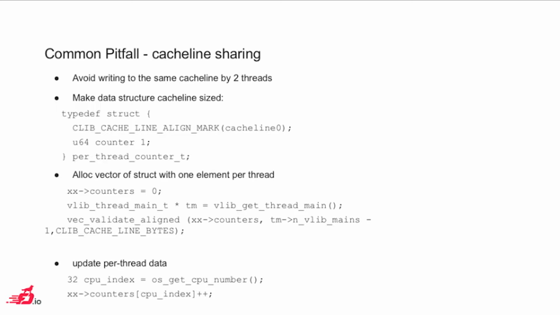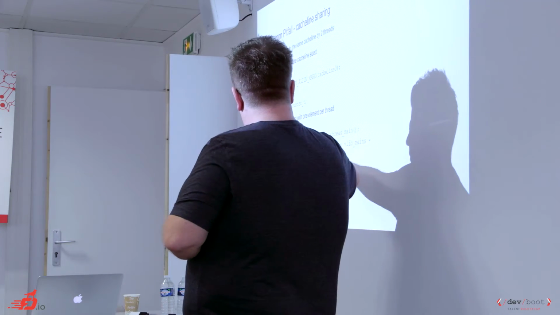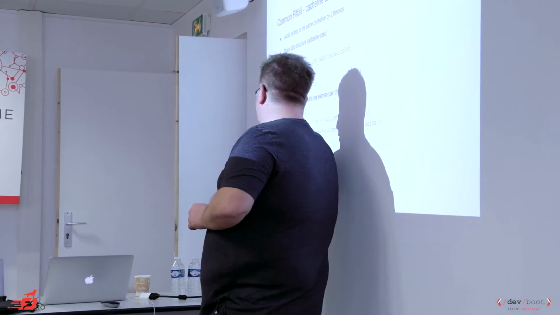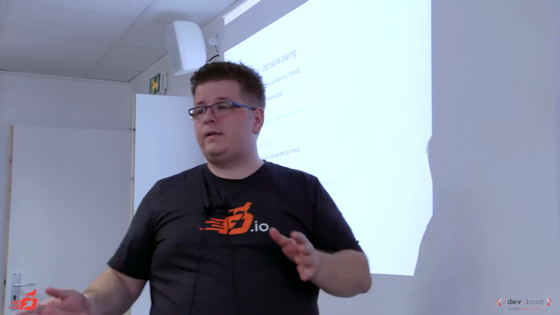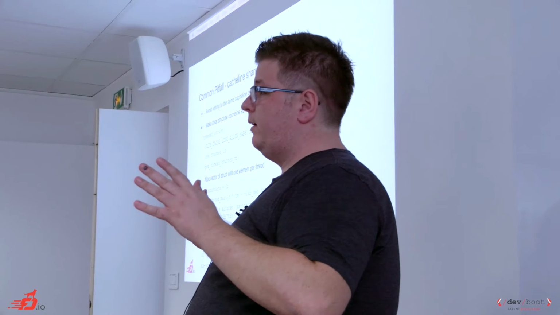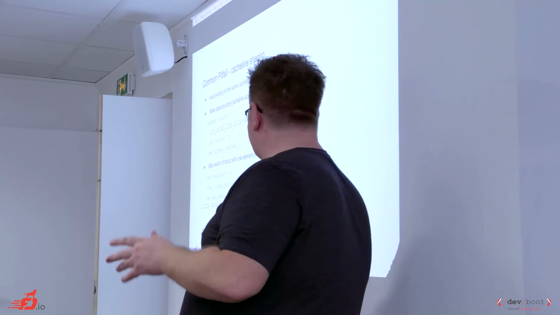So let's say that this is the allocation. Here we are trying to get information about the thread main structure. We have information about the number of worker threads. There is a macro called vec_validate_align. Vec_validate_align is basically ensuring that the vector is sized at least